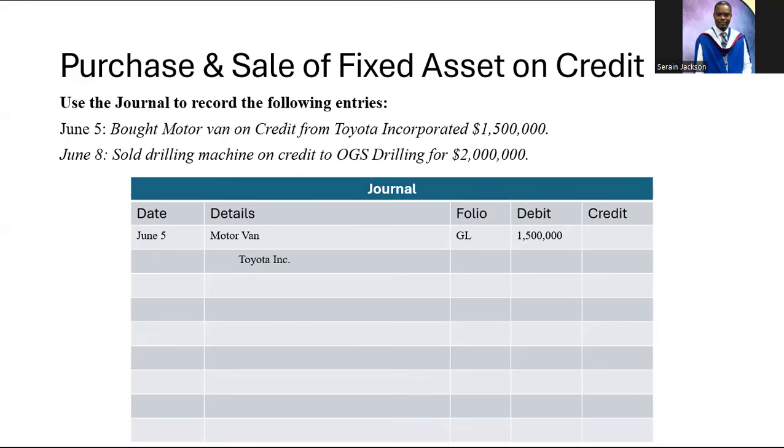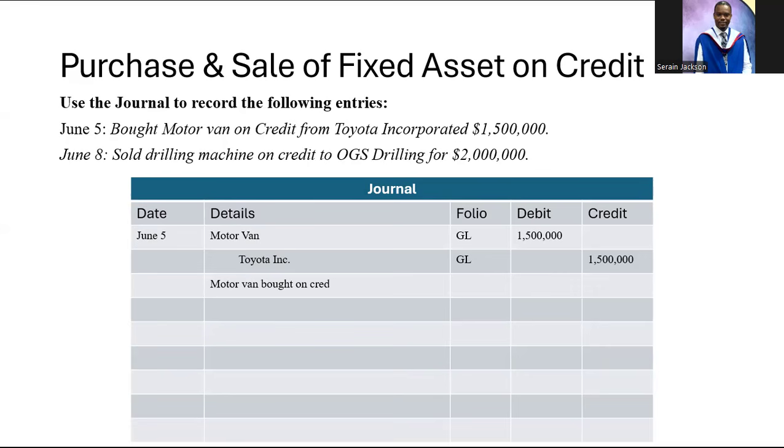You make the credit entry. So Toyota Incorporated, they would also be in the general ledger, right? So it is 1.5 million. And when you're doing the general journal, you have a thing that they call a note or a narrative that you will put here, right? So you can say motor van